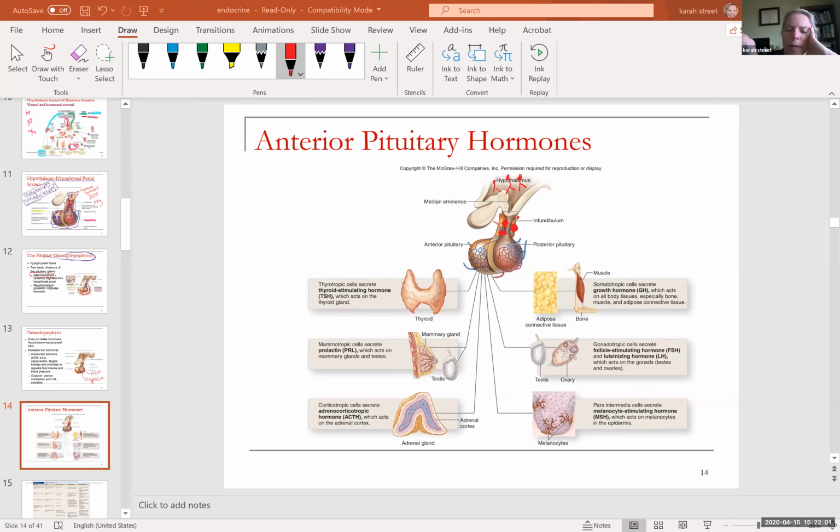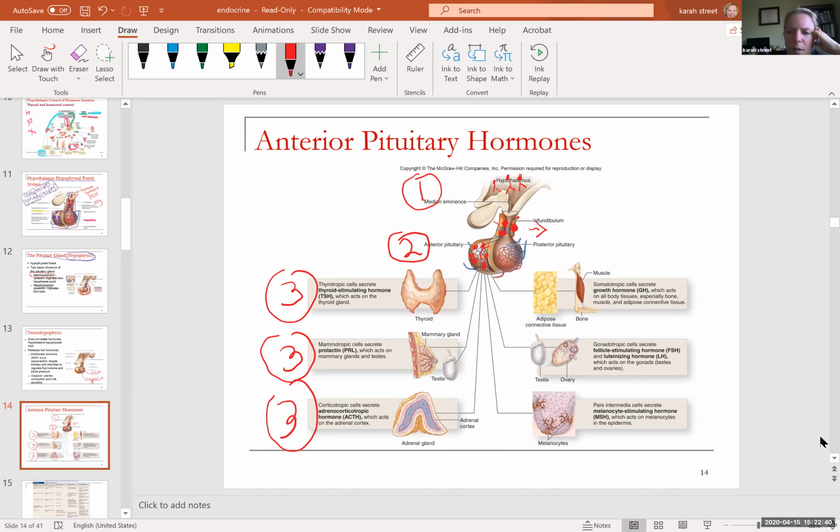Okay, I'm back. So they dump the hormone into the first capillary bed, and then that hormone goes through the capillary bed a short distance to a second capillary bed. And the hormone will trigger those different camps of cells in the anterior pituitary for them to release their hormone. So the hypothalamus is considered the first in the chain. The anterior pituitary is considered to be second in the chain. And then the anterior pituitary hormones will target any of these third glands, any of these, to do what they should do next. So we have the